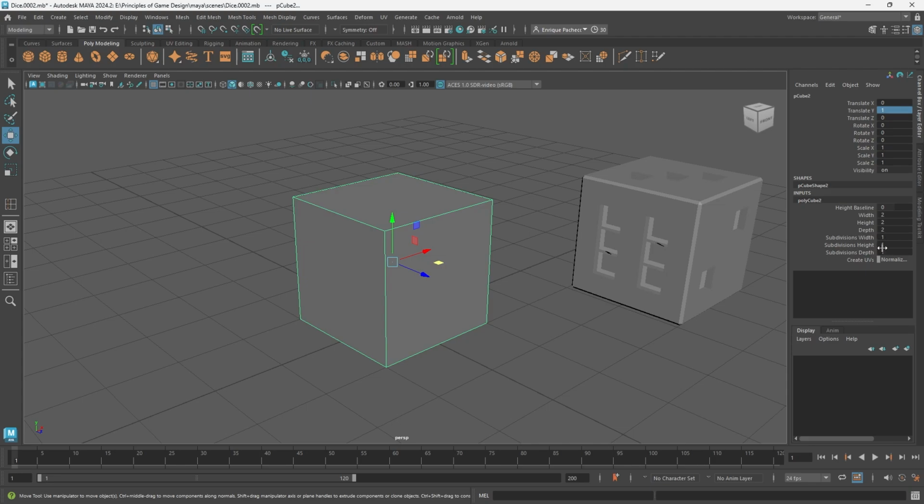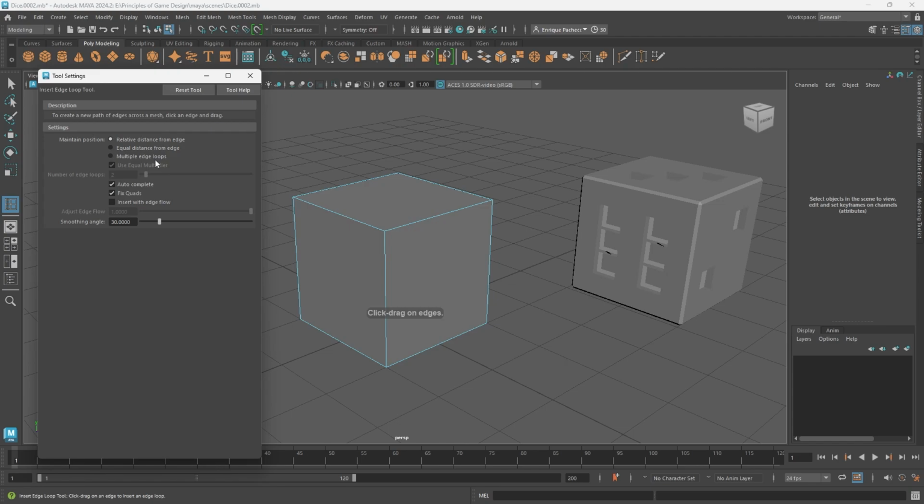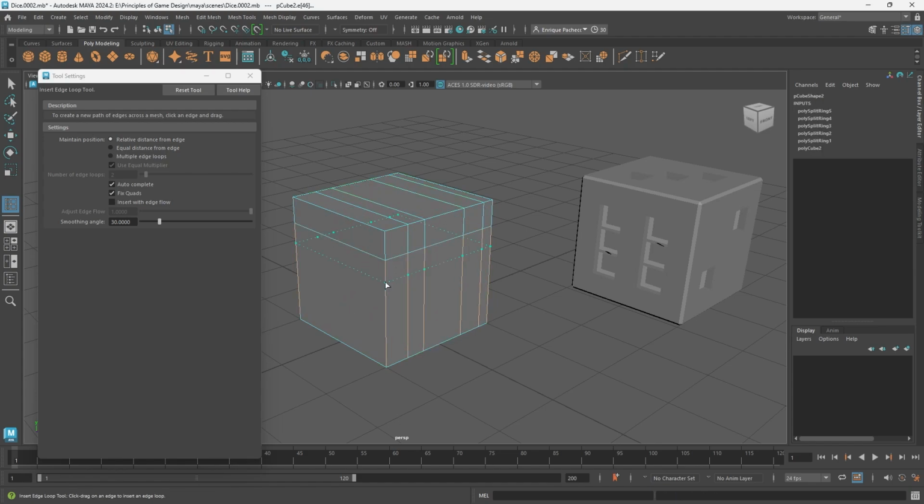Now instead of adding subdivisions this time, I'm going to go up into the Mesh Tools menu and grab my Insert Edge Loop tool, and I'm going to click this little black box so that I get this tool settings pop up. What the Insert Edge Loop tool does is I can click and drag on an edge and add in these edge loops. However, this isn't particularly helpful in this case because we want our edge loops to be evenly